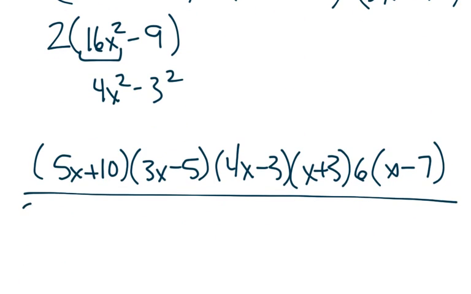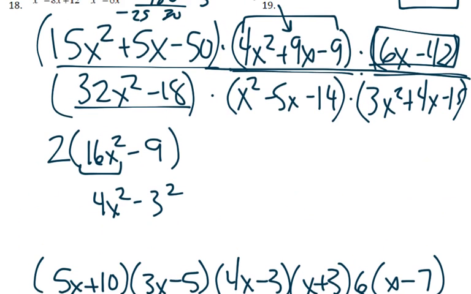So that one would actually be 2 times 4x minus 3 times 4x plus 3, times